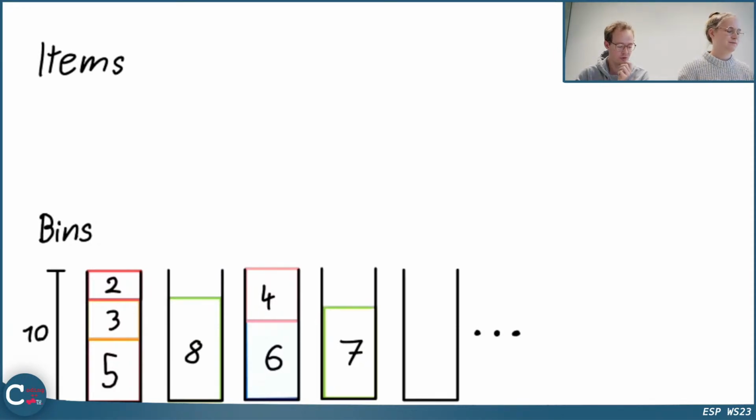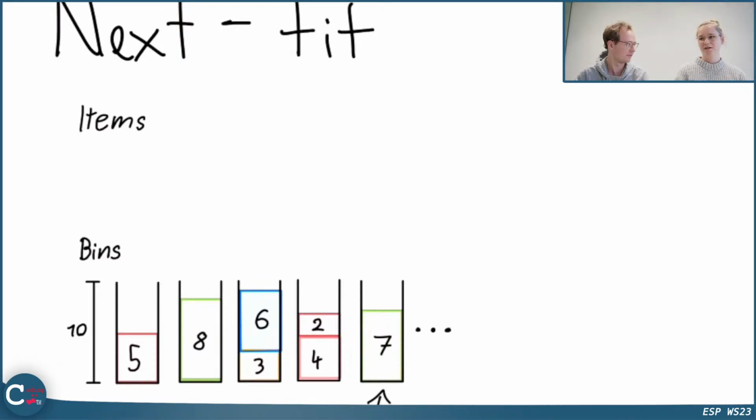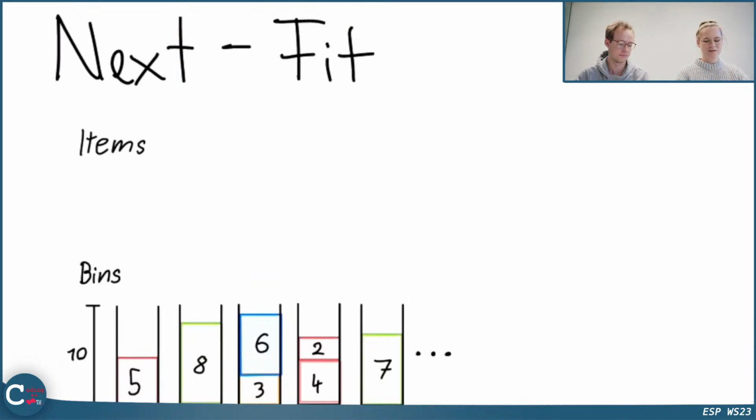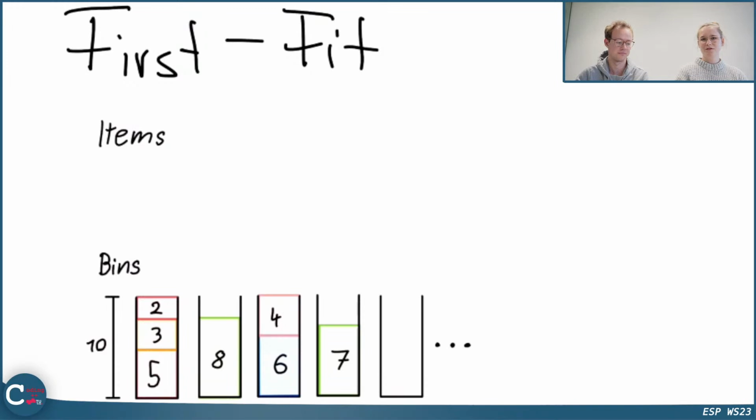So did we improve over the last algorithm right now? Yes. If you look at next fit, we used all 5 bins. Of course, we could have used more, but we used 5 bins in next fit. And now with first fit, we only needed 4. That's really cool. So we saved 1 bin, so we do a better job at minimizing. Yes. And also this observation is true, of course. It's slower now because we always have to go through all bins that we already created. And in some sense it's more optimal than before.